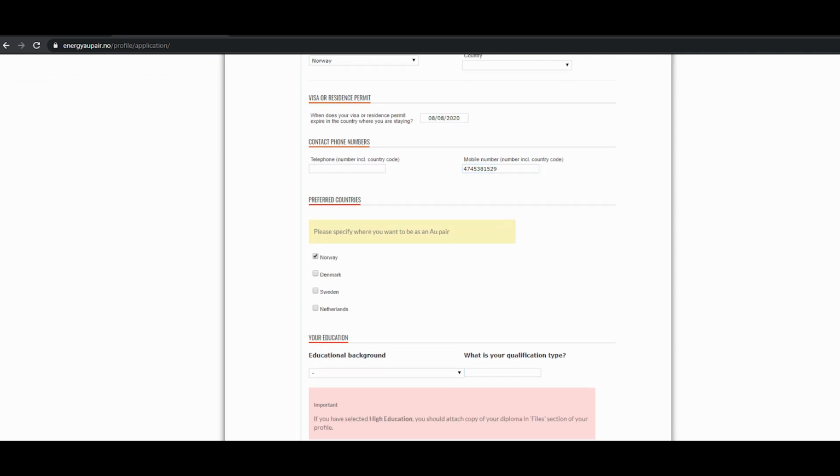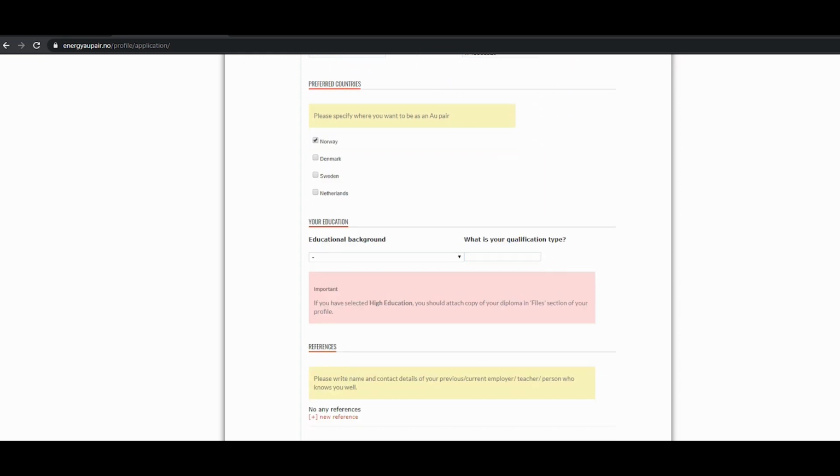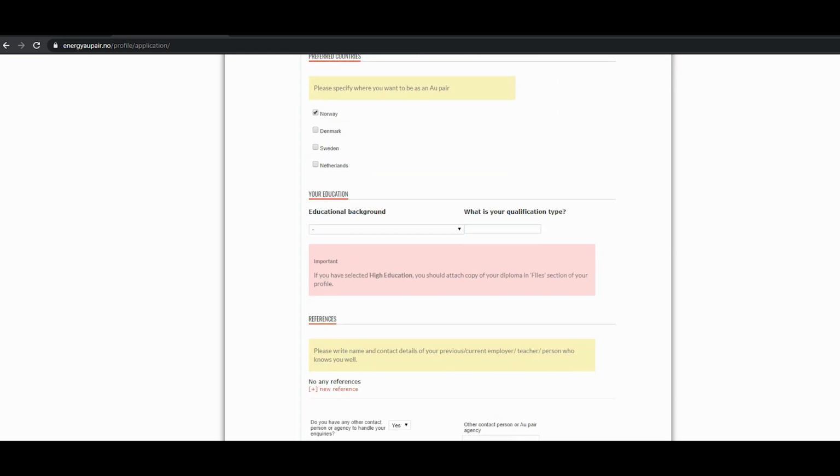Of course, I want to be an au pair in Norway, and you can click all of these, just showing you guys. If you want to be an au pair in all these countries, they will notify you if there are host families available in these countries. But I'm just choosing Norway just to show you guys. What is your educational background? I have a bachelor's degree, so